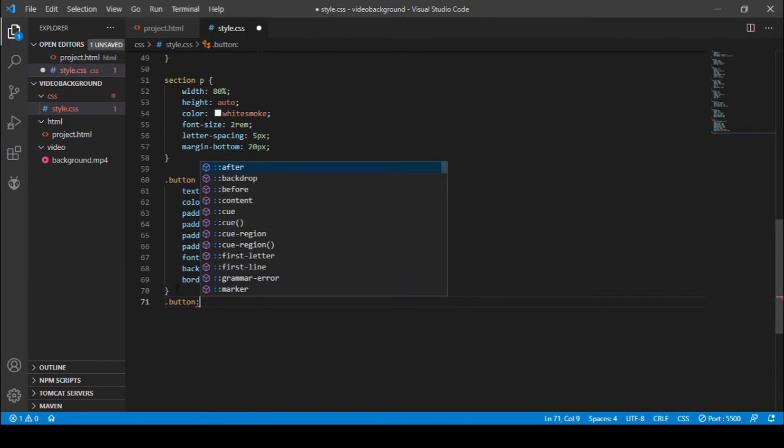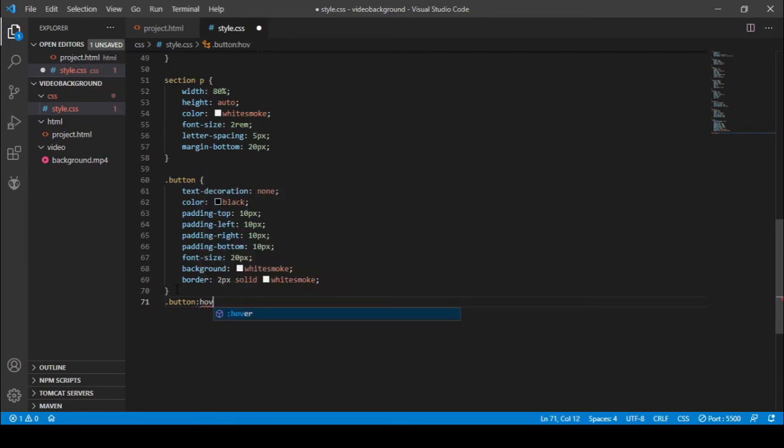Hover. I need the letter spacing as 3.5 pixels and the background as